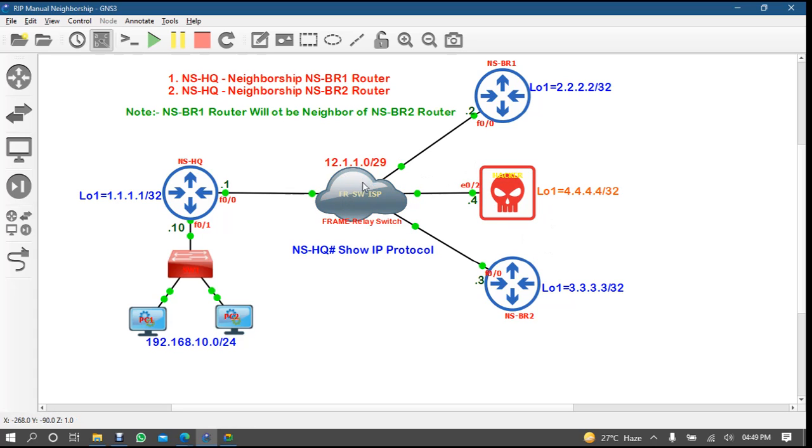And the ISP is giving you one kind of subnet to connect your branches. Normally when you talk to the ISP and ask, can you give me one subnet IP, the ISP gives you one IP to connect your branches. So with the help of this IP you are connected with your branches. This is /29. So here is your one IP, 12.1.1.1, 12.1.1.2, and here is 3, and here the hacker is also getting an ISP IP. Because anyone can buy an ISP IP, right? No one knows who is the hacker, right?